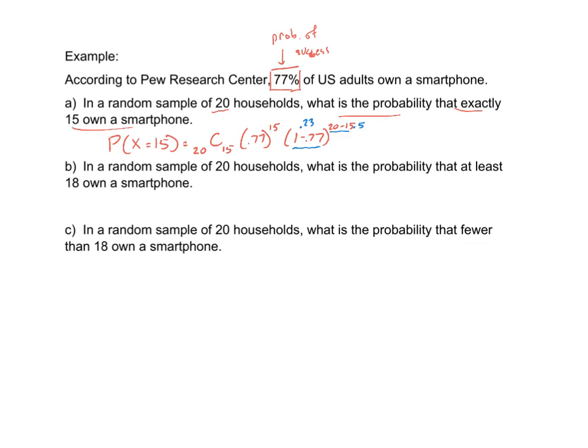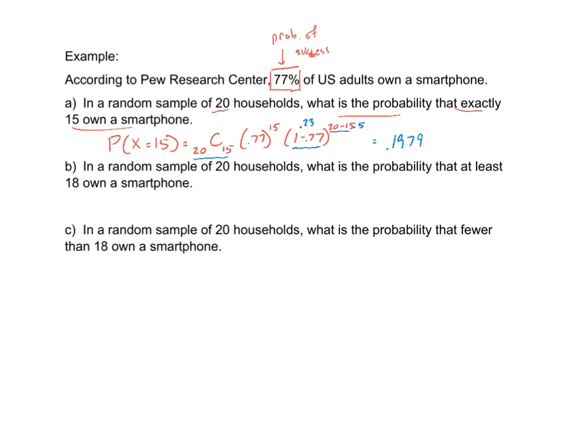Now it's just pushing the buttons in my calculator. So in my calculator, to do that combination, and I'll probably throw a YouTube video up in Blackboard that someone else created just so you can see what this looks like. But I'm going to type in 20, press my probability button, nCr 15 times 0.77 raised to the 15th power times 0.23 raised to the 5th power, and then my calculator spits out